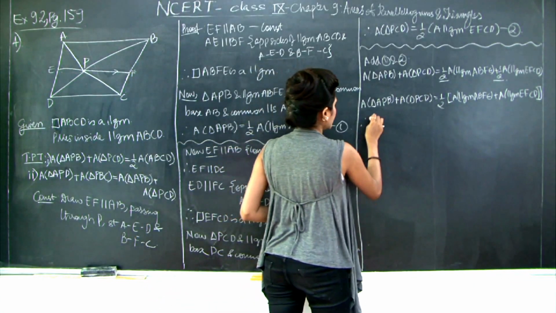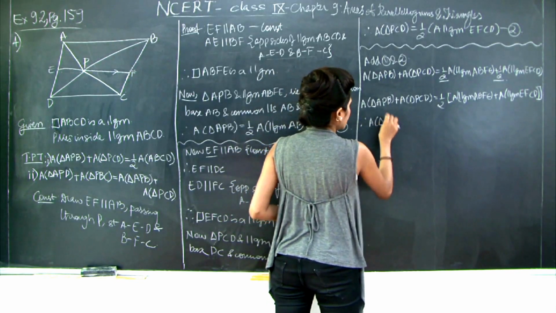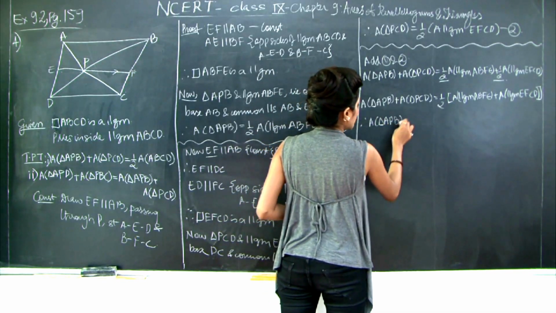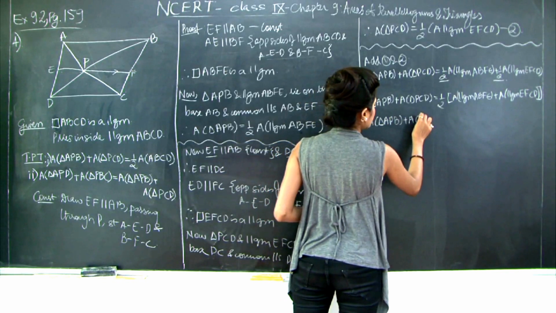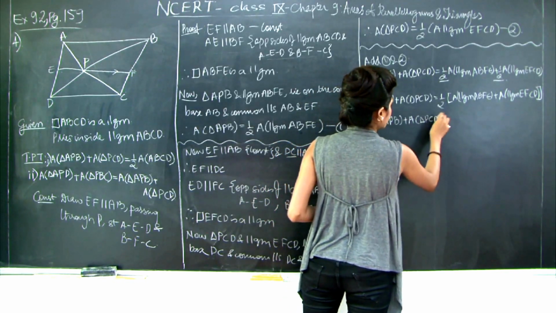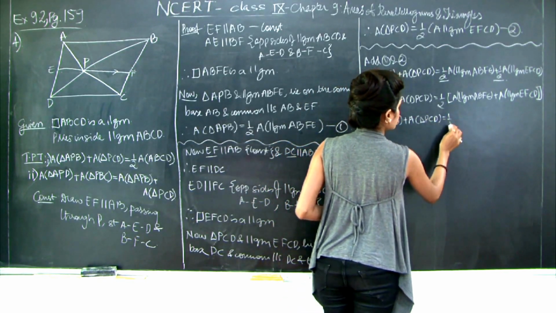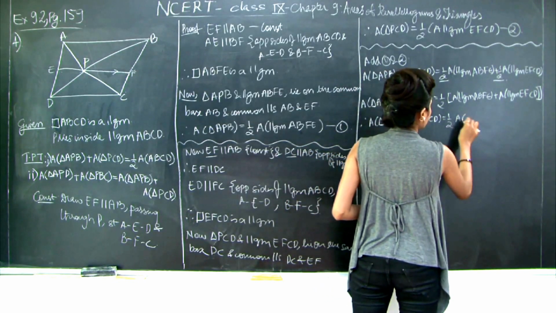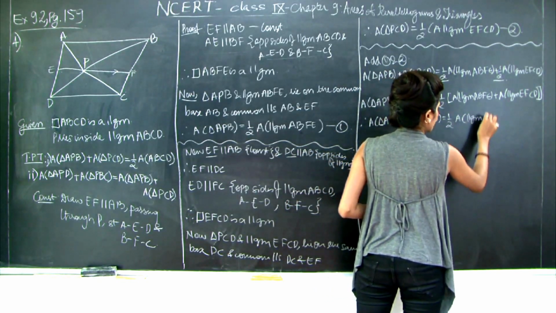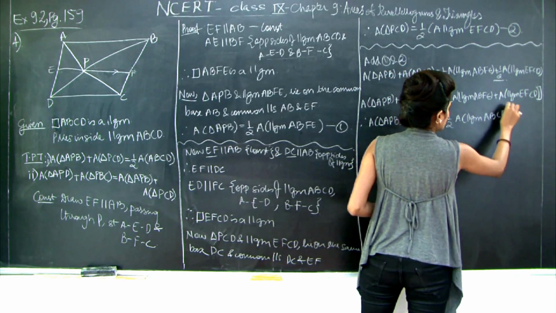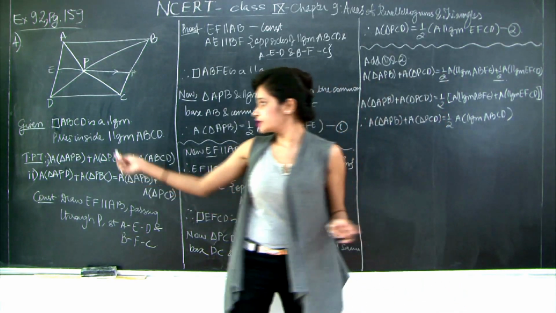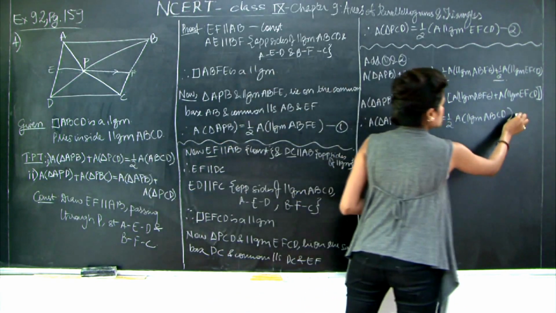Therefore, I am going to say area of triangle APB plus area of triangle PCD is equal to half area of parallelogram ABCD. So this was your first part that we needed to prove, and I'll mark this as